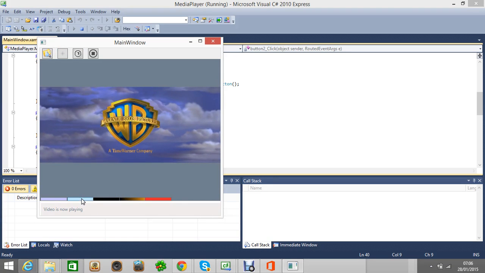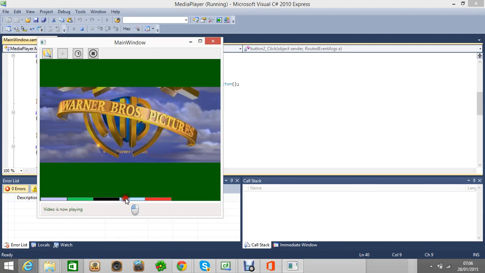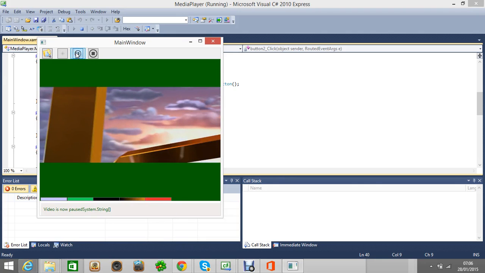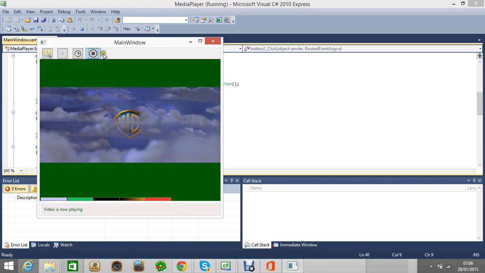You can change the layout, pause from here or stop here, play, stop